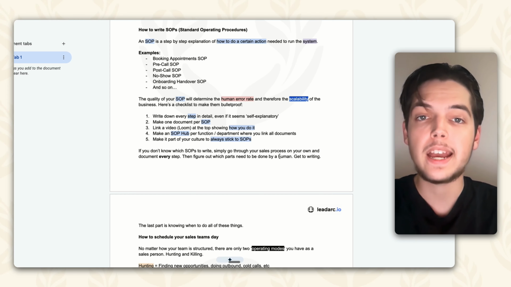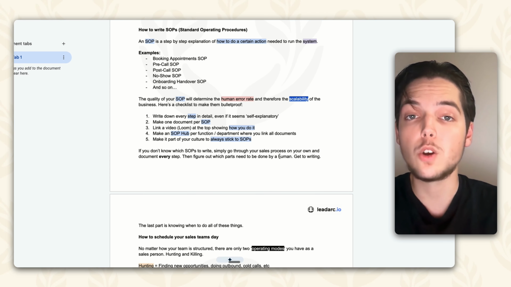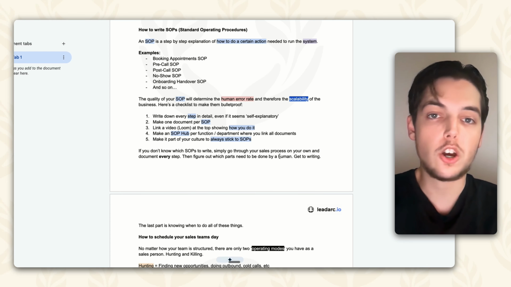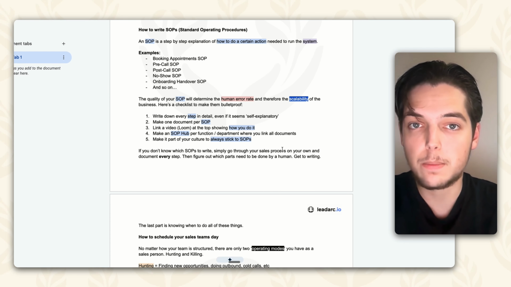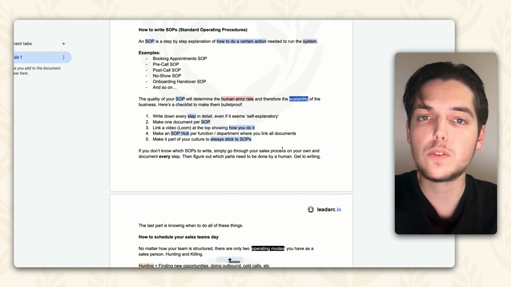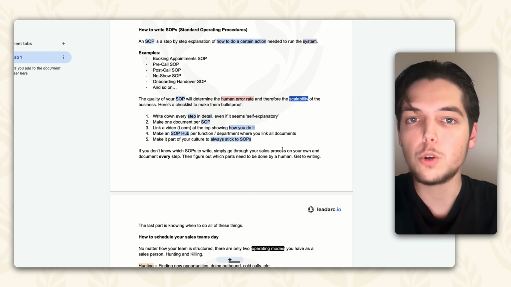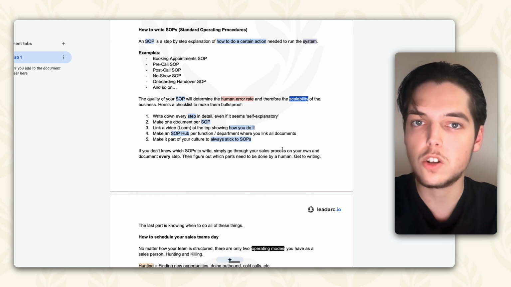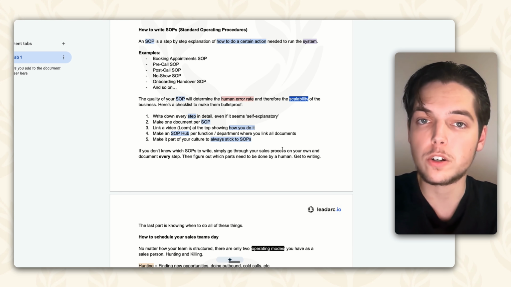And by the way, AI functions just like a human. If you don't give AI a proper SOP, then it's not going to know what to do. So what you can do, if you document the whole sales process step by step, is you can figure out which of these things you can automate, and then you give the AI a skill, which is basically your SOP document, just not given to a human, but given to an AI. And that's how this whole thing works.